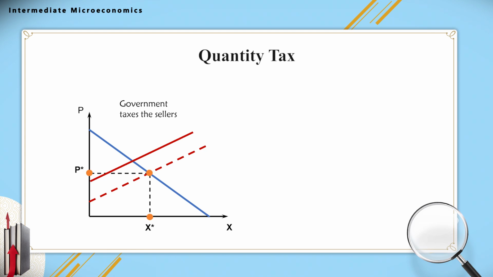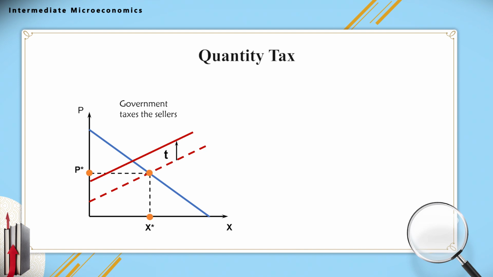upwards. The vertical moving distance is T, because for a certain quantity supplied, if the sellers are willing to accept the price P1 in the absence of tax, then they must require P1 plus T after taxation for the same quantity. Therefore, the new equilibrium after the tax is determined by the original demand curve and the upward shifted supply